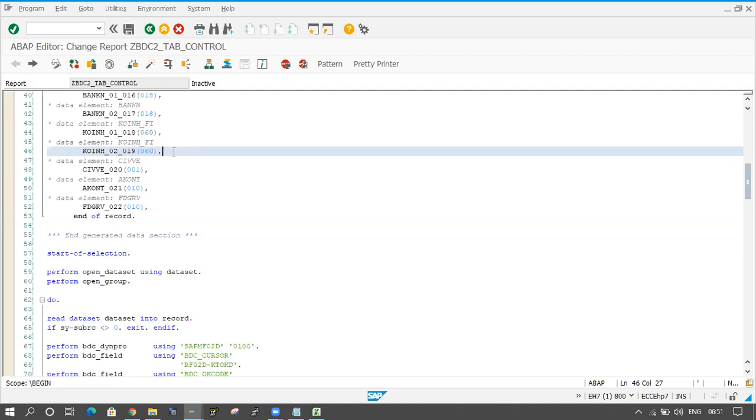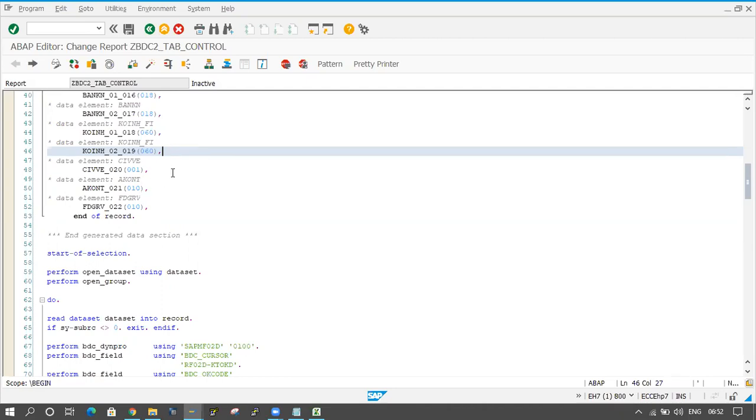Automatically the program will execute, and the data is coming in the internal table. That internal table data they will store in the application server. So from that application server, we have to take the data. We should not take the data from the Excel sheet.